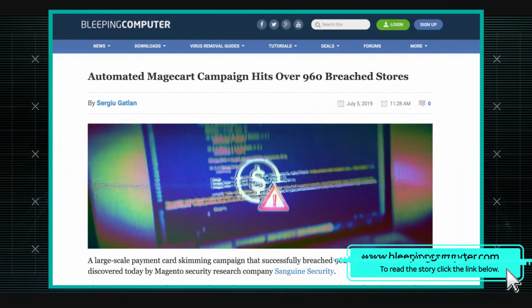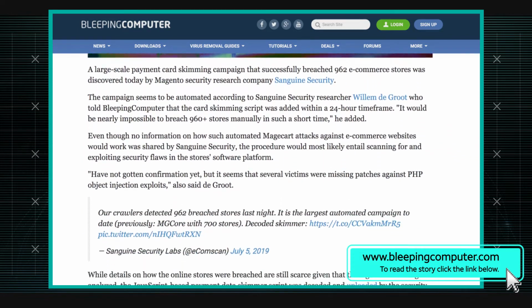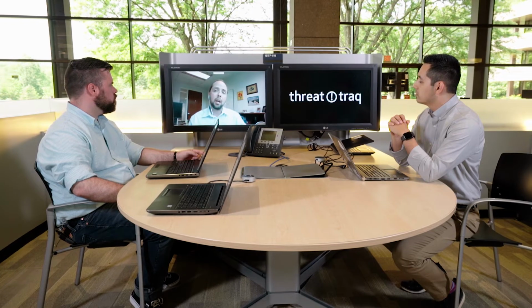Wow. With the article, it was really interesting. It looked like it was one of the Magecart groups. I think they termed it Group 7. But this one in particular likes to use automation while they're scanning various websites looking for exploits. In this case, the researchers were not definitive on exactly what was the cause, but it looked like it was